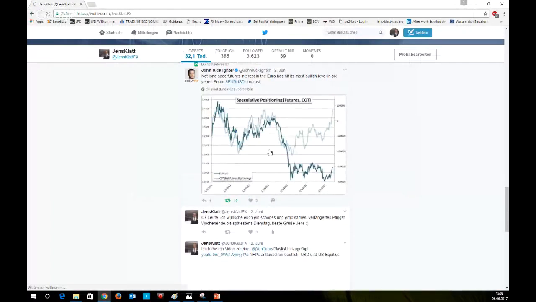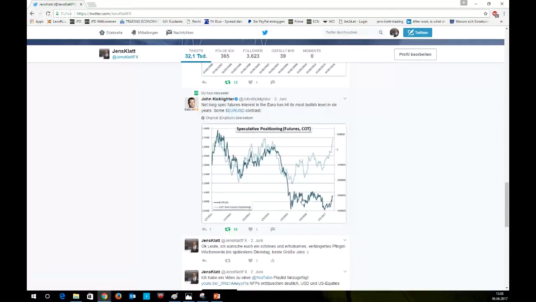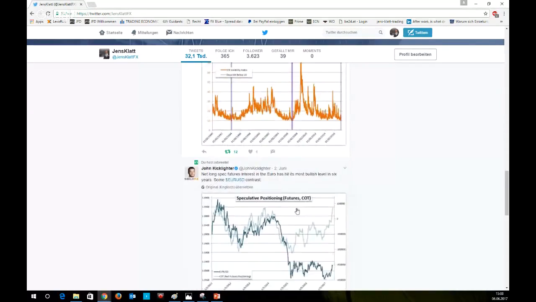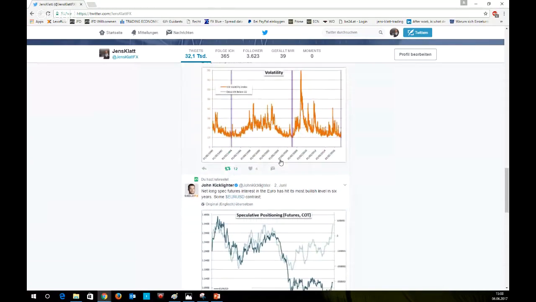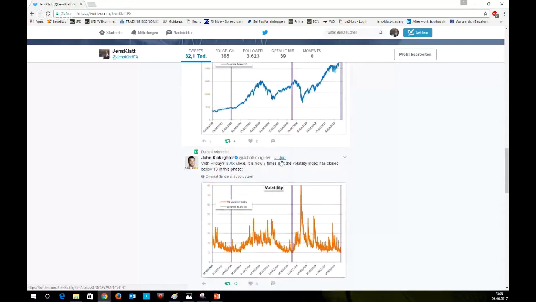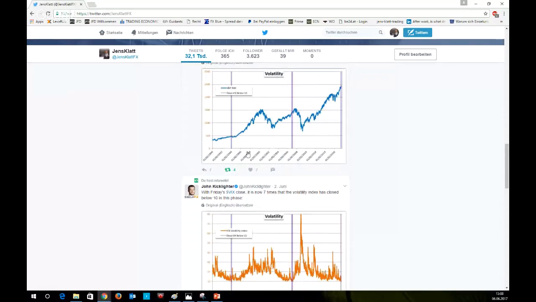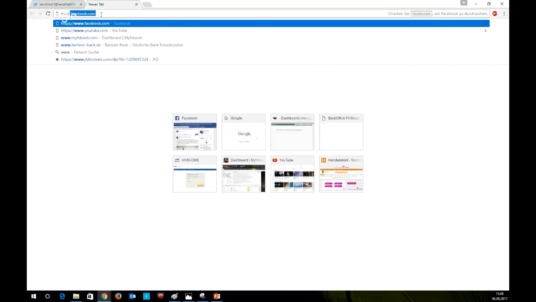By the way, here you can find those retweets in my Twitter account. I really like those charts here, and that's one of the reasons I retweeted. I could easily look it up myself, but the charts I'm looking at then are not even close as nice as those charts here, and before we start to analyze those graphics, let's go here to Bloomberg, and